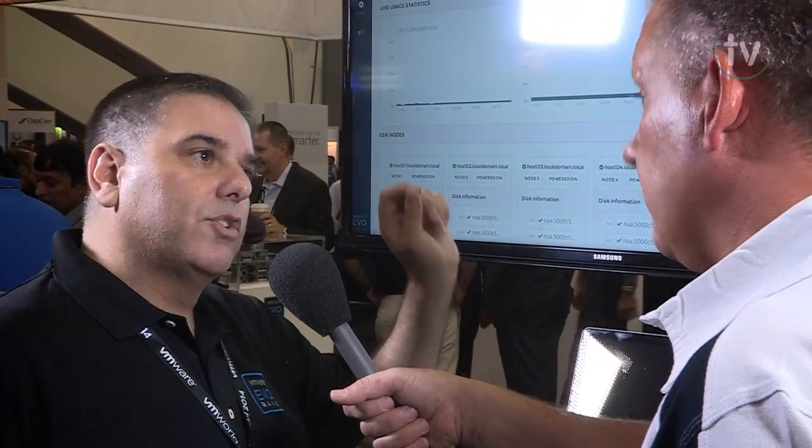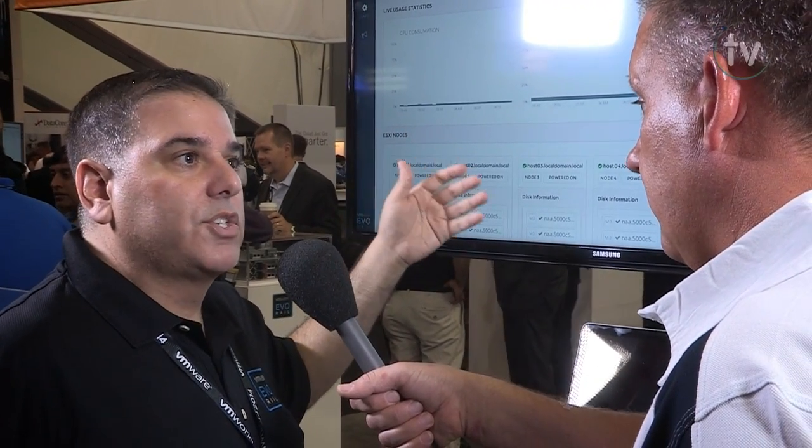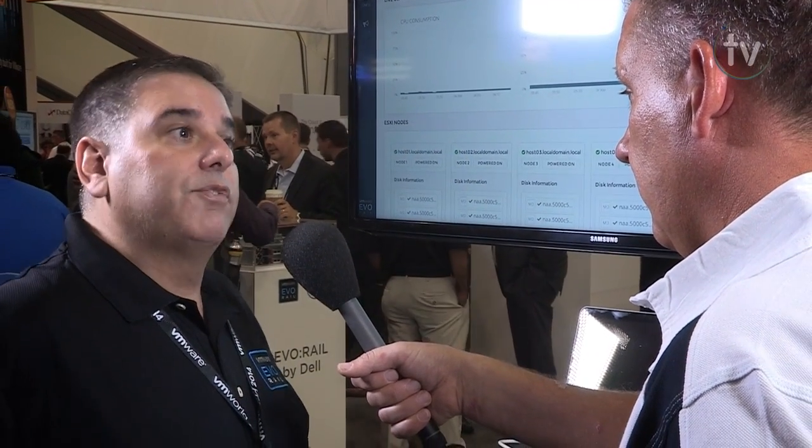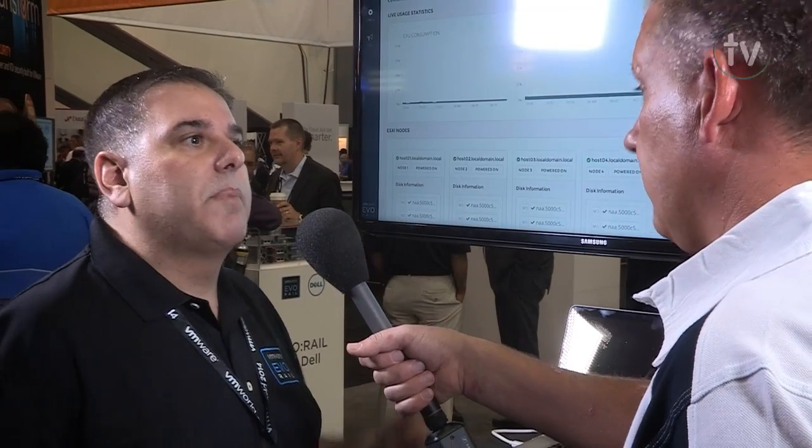Yeah, in fact, from the UI, you'll see a notification. It sees another host when you power it up. Would you like to add it? You say yes. If you have enough IP addresses in your pool, it'll automatically be added. If you don't, you put in those IP addresses, it'll automatically be added. So very